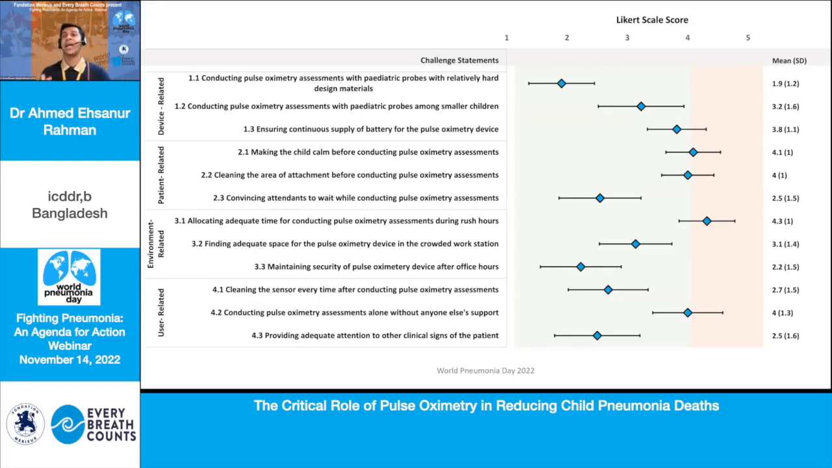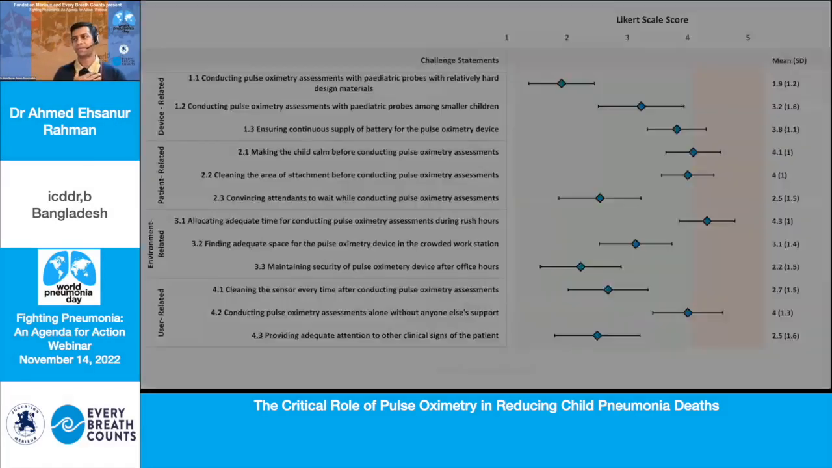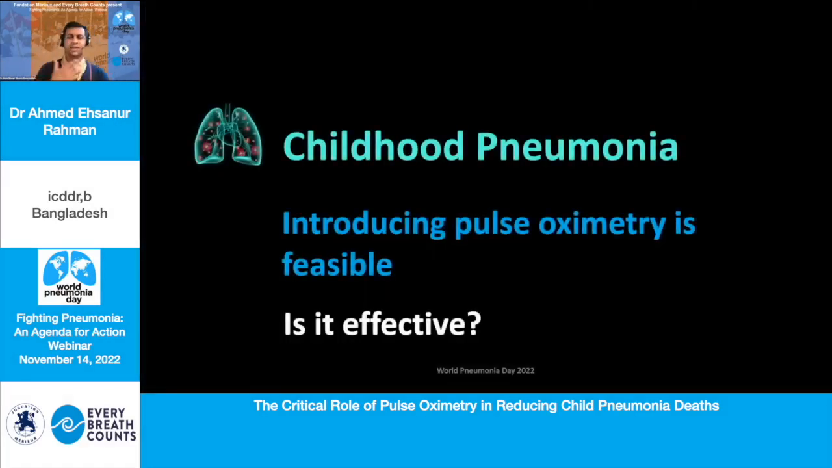You can see none of the challenges cross the cutoff; they are all in the red dots with their confidence interval. And we showed that to the healthcare workers, and they believe that maybe they think that's a challenge, but when it really comes down to comparative estimate, it's actually not that challenging. But there are some issues, and these are navigational and operational issues that are surmountable. So the answer to that question was that it seems like introducing pulse oximetry in a resource-poor setting is feasible,